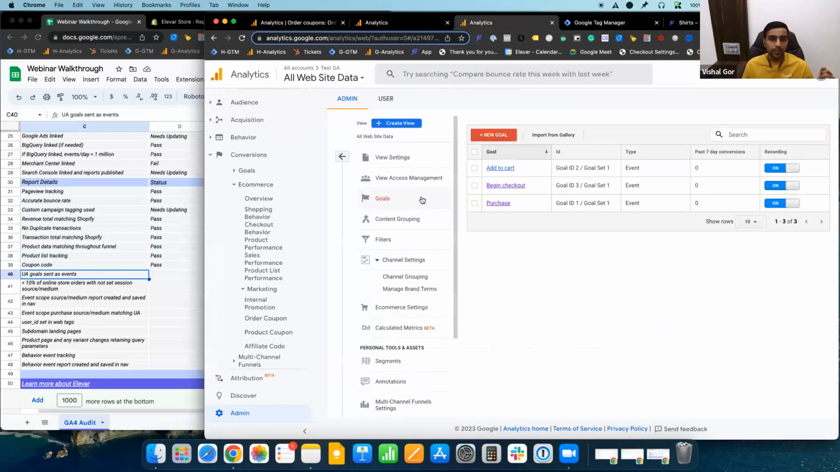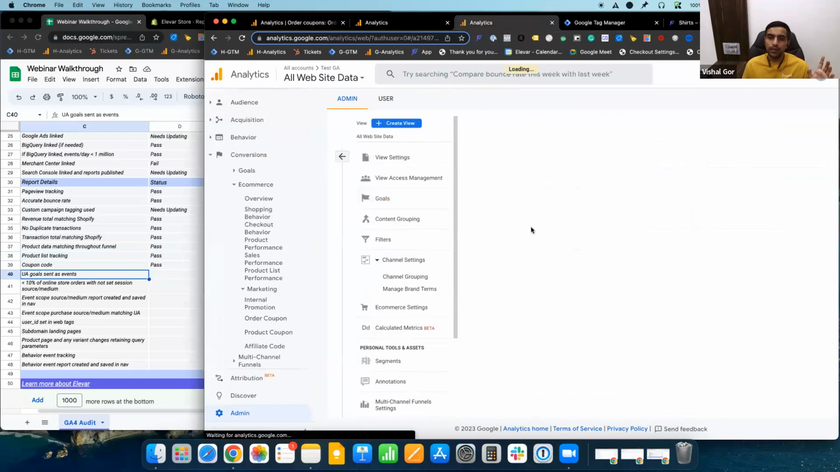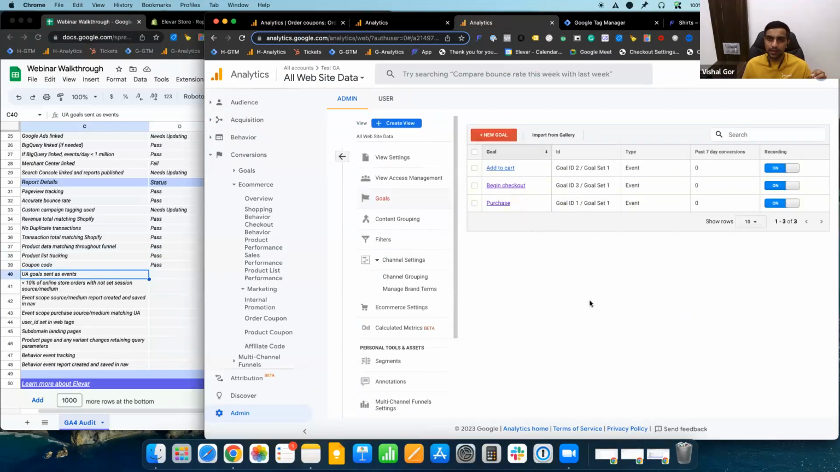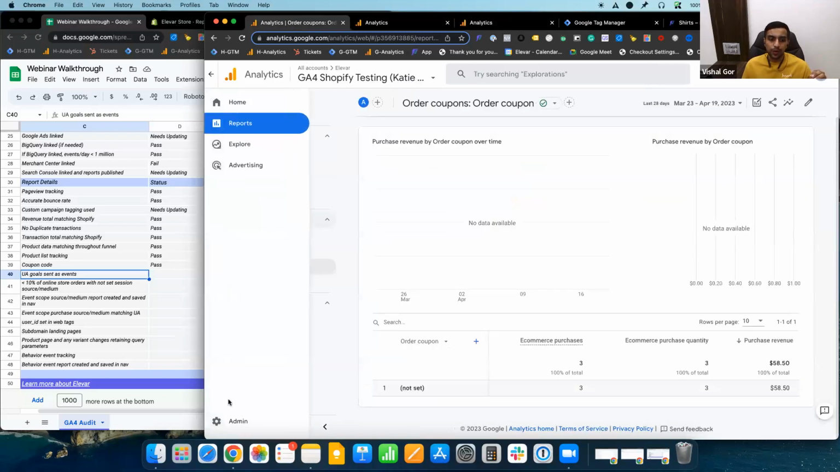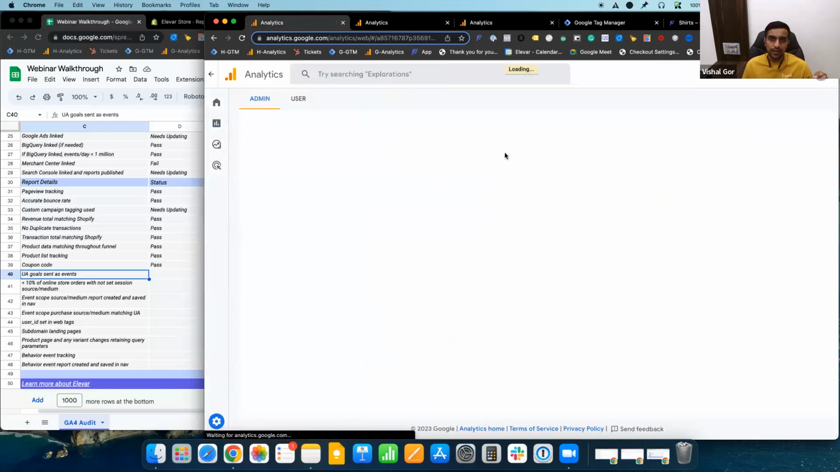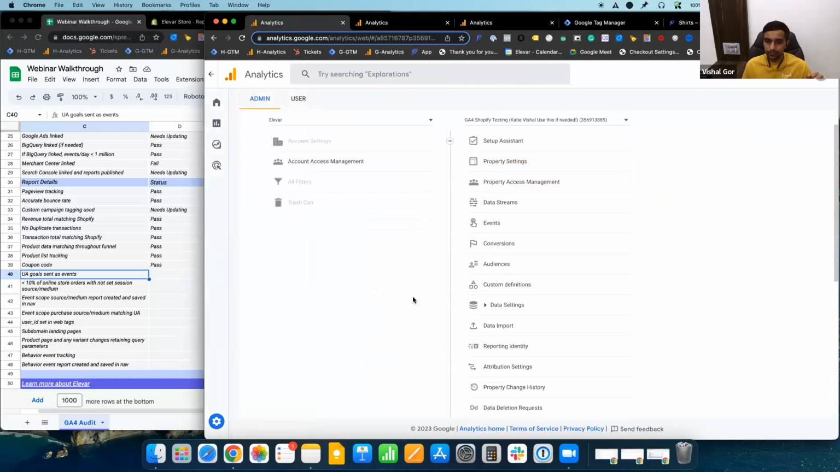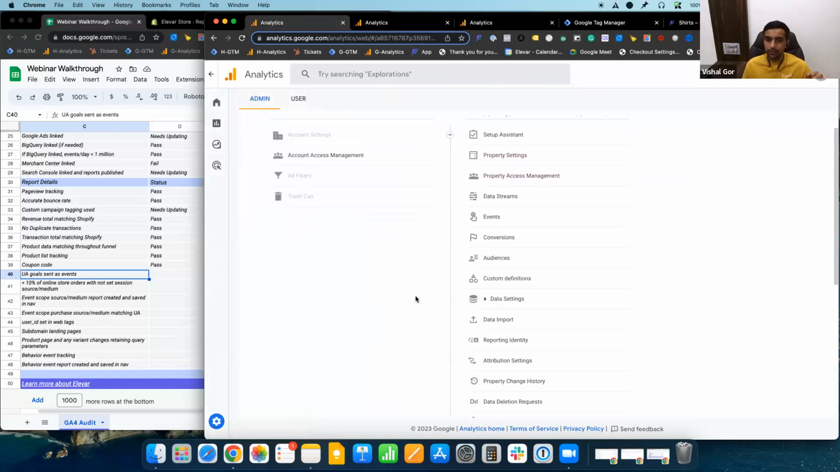Under my Universal Analytics, Google Analytics, I will select the reporting view. I will click on goals and we'll see what goals we are tracking. Now we need to go into our GA4 property and make sure that all of the relevant events are considered as a conversion or goal in GA4. To configure a goal in GA4, you need to come to your admin section and click on